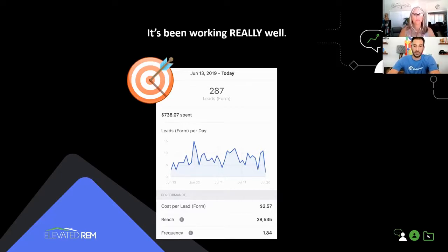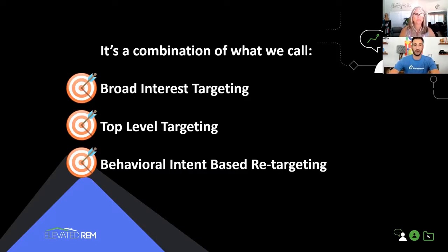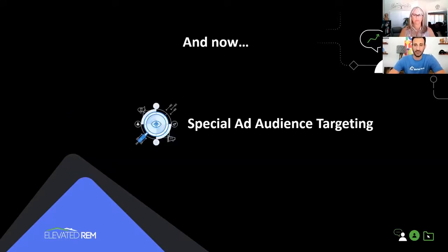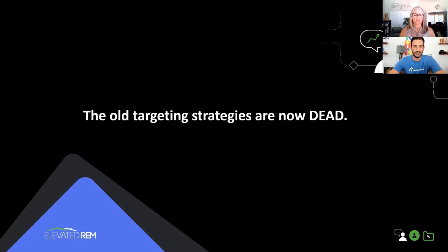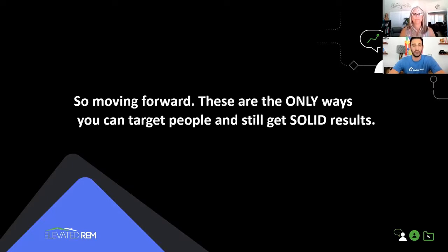And actually, better cost per lead, better quality of leads, and better conversations that we started to have working with the new targeting, not the old targeting, but new targeting strategies as we move forward. So it's a combination of what we call broad interest targeting, top-level targeting, and then behavioral intent-based retargeting. And then now, special ad audience targeting. So the old strategies, right, they are now dead. So moving forward, these are the only ones that you can use to really target people and still get solid